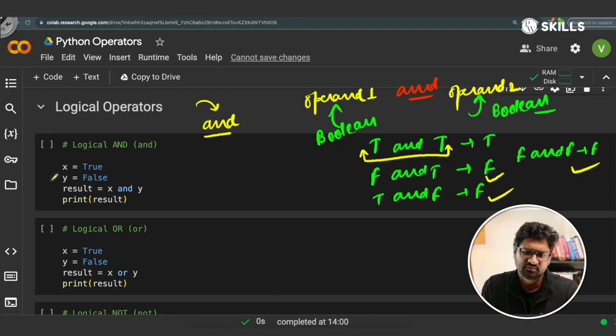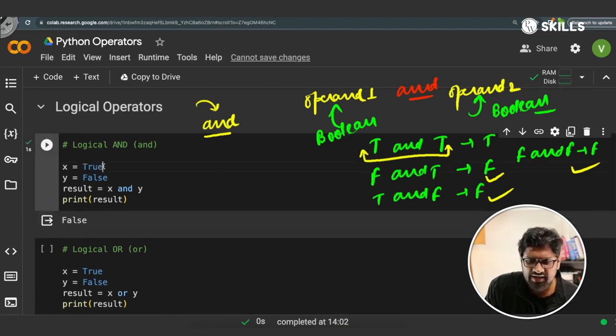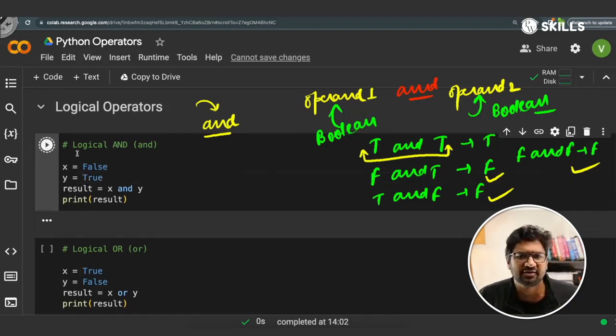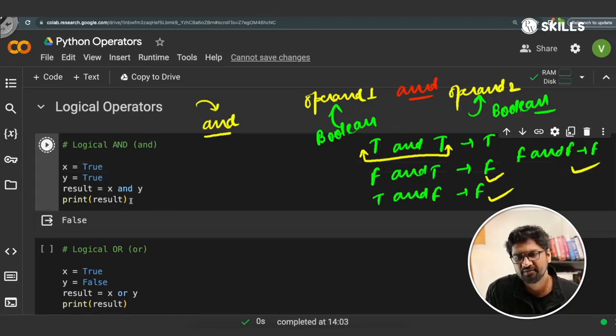रन करके देख लेते हैं। जब मेरा x true है और मेरा y फॉल्स है तो वैल्यू क्या होनी चाहिए? फॉल्स। अगर मेरा x फॉल्स है और y भी फॉल्स है तो वैल्यू क्या होनी चाहिए? फॉल्स। अगर मेरा x फॉल्स है और y इज ट्रू और मैं इसको रन करूं तो वैल्यू क्या होनी चाहिए? फॉल्स। तो ये फॉल्स आएगा। Only when x and y both are true, the value of and will be true.